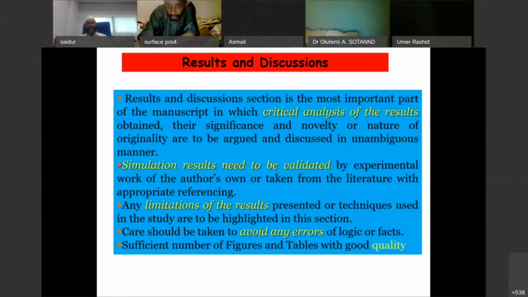So how to highlight the novelty? You have the literature results. In the literature, their result is a 10% improvement. Now your results are 20% improved. So there is a 10% improvement compared to the literature. You highlight that in your corresponding results, that our results are 10% better than the available work in the literature.